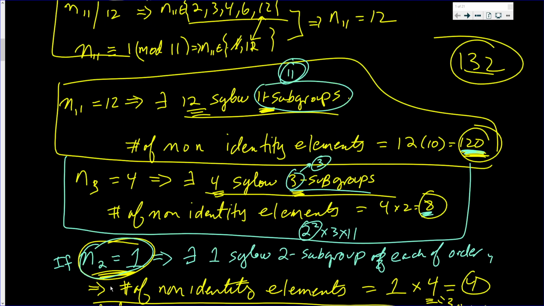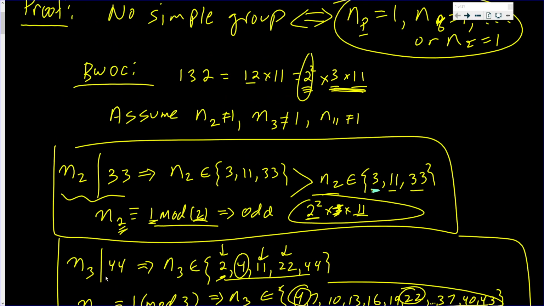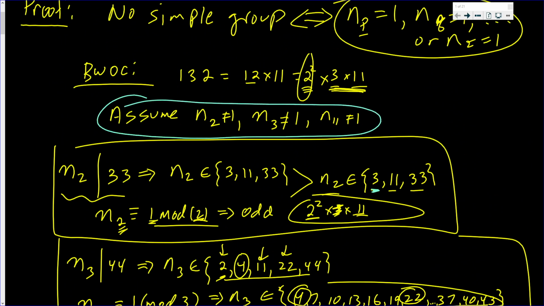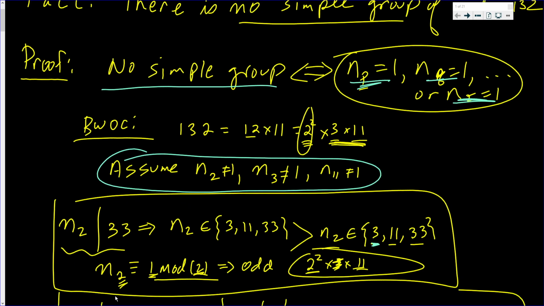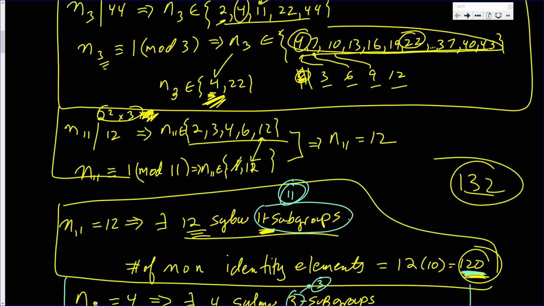What does it contradict? We said at the very beginning, assume that none of them are 1. And if any one of them were 1, which we just concluded, that means there's no simple group of that size. And as a result of that,